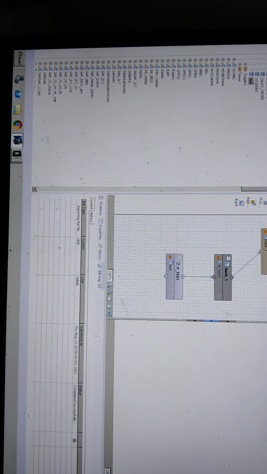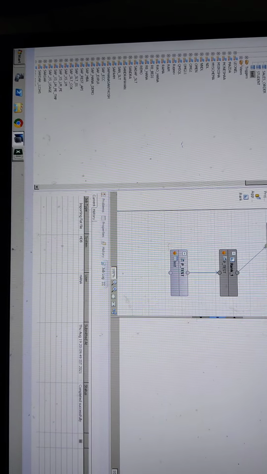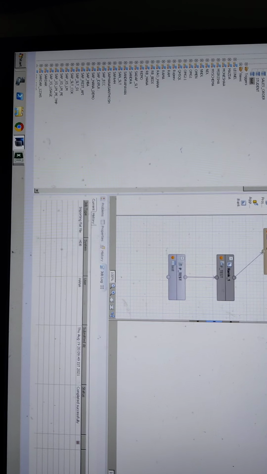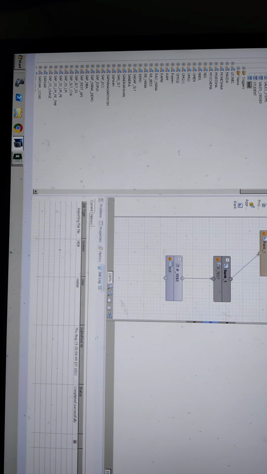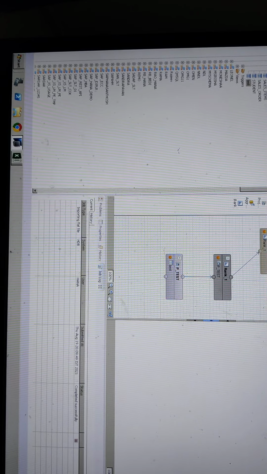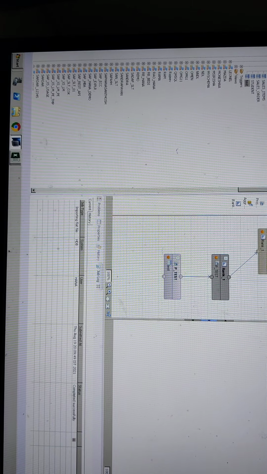Now, shall we do aggregation? Why even do aggregation?